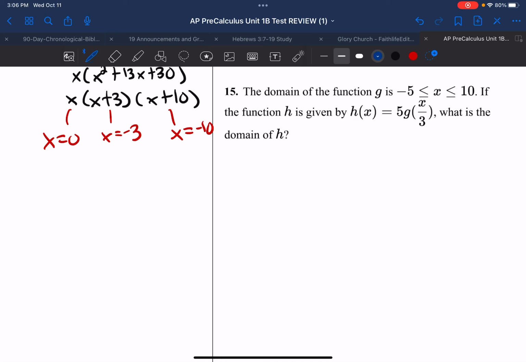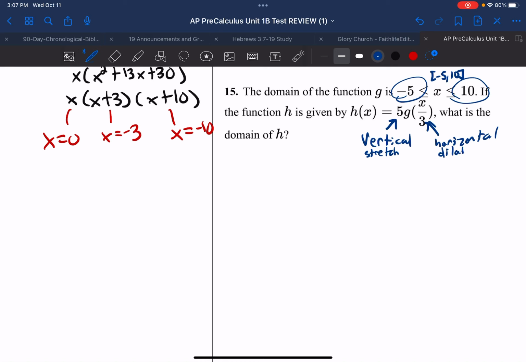So you have the domain of a function here, and I'm looking at how do I do this. So I have the domain, -5 to 10. You're used to seeing it as bracket 5 to 10, same thing. If the function h is given by h of x is equal to g of x over 3, what is the domain? So I'm looking at that this is a vertical stretch. This is a horizontal